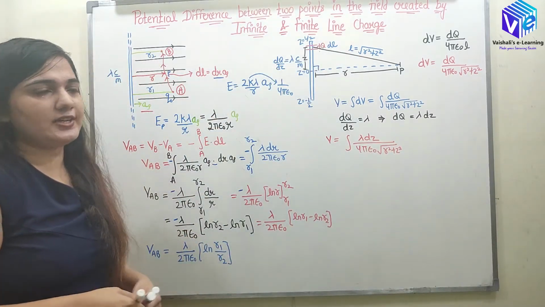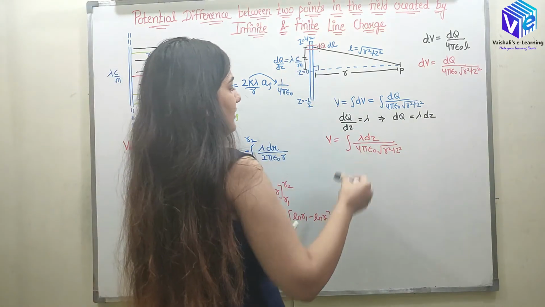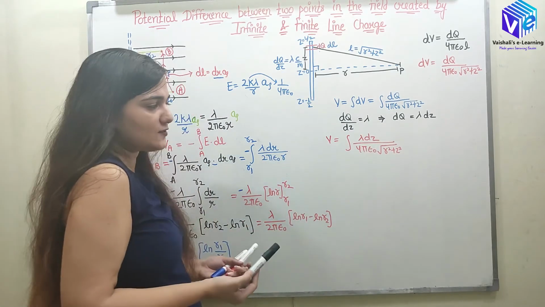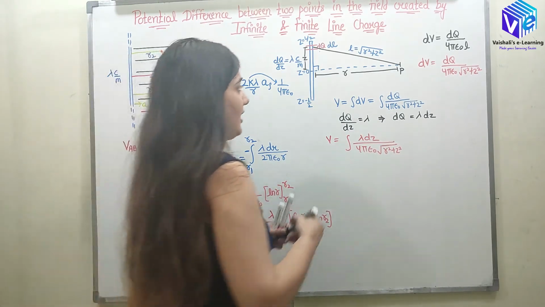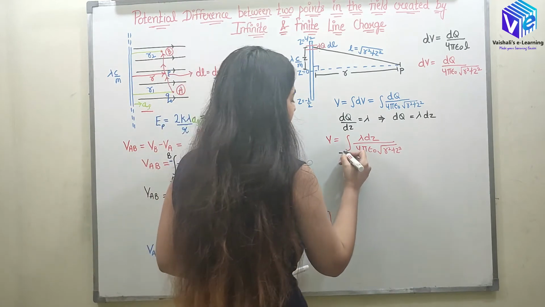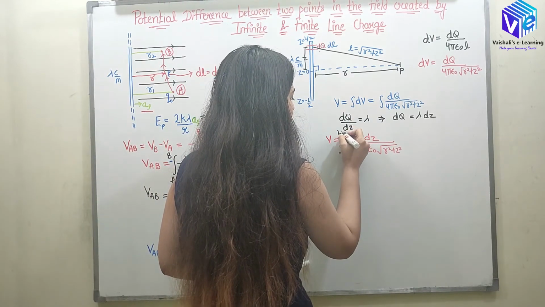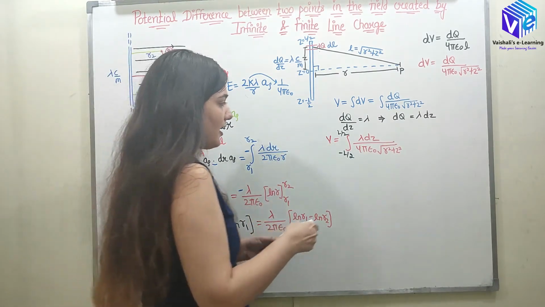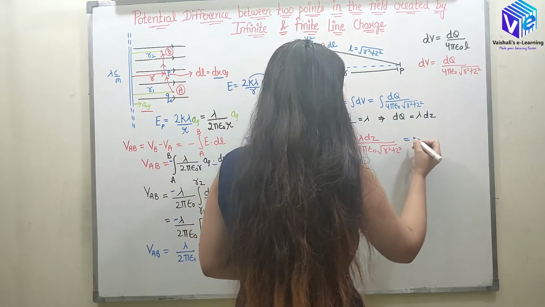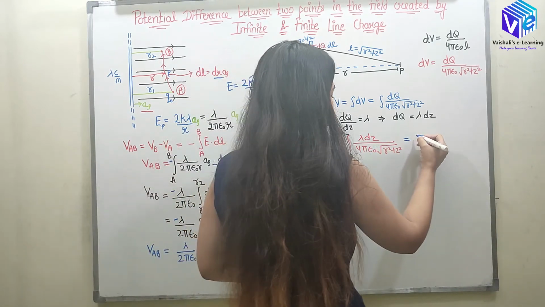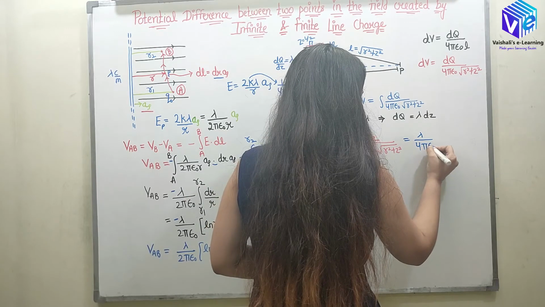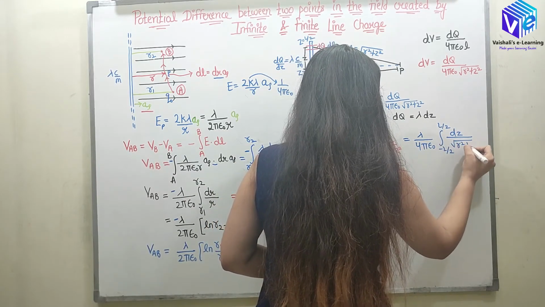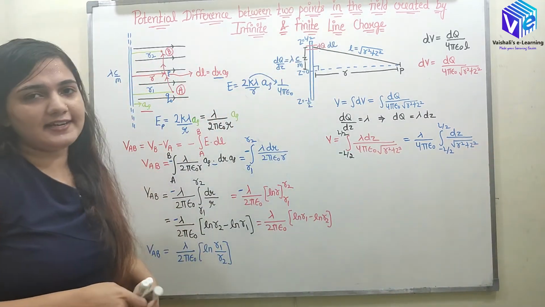Okay, so what is changing here? Only z is changing here. Lambda is constant, 4 pi epsilon naught is constant, r I already told you it is constant. Only z is changing. So what are the limits of z? Z's limit are from minus L by 2 to L by 2. So this is my potential. So now here I can take the constant terms outside. So lambda, 4 pi epsilon naught are constant. Okay, now you can integrate it.